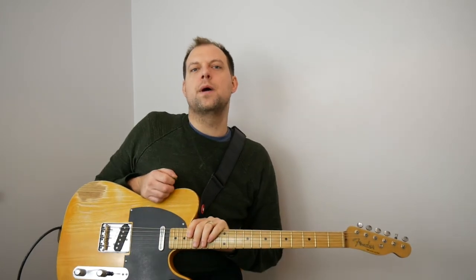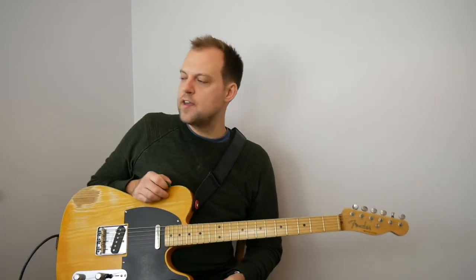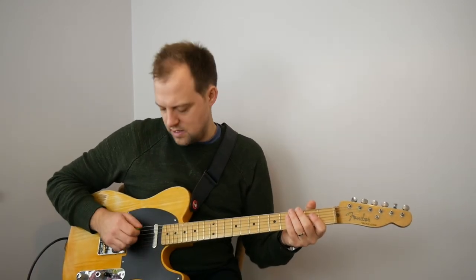Now we've got that symbol again, that funny percent type sign spanning 2 bars with a 2 on top. So it's telling us to play what was in the last 2 bars. So we do it again. And the whole thing's in repeats. So we do that riff 4 times. So we get 1, 2, 3, 4 and...